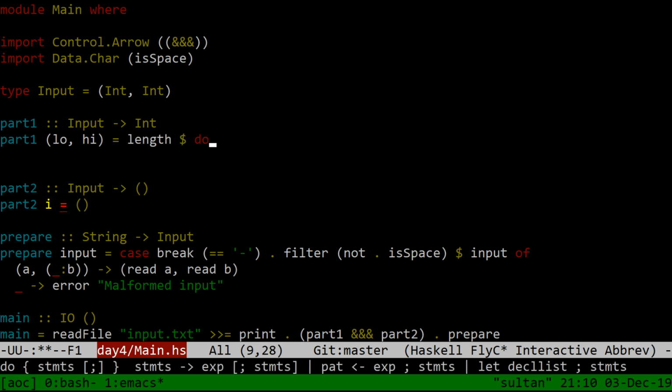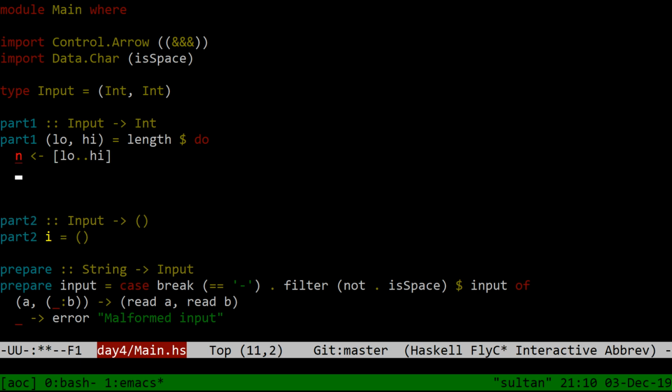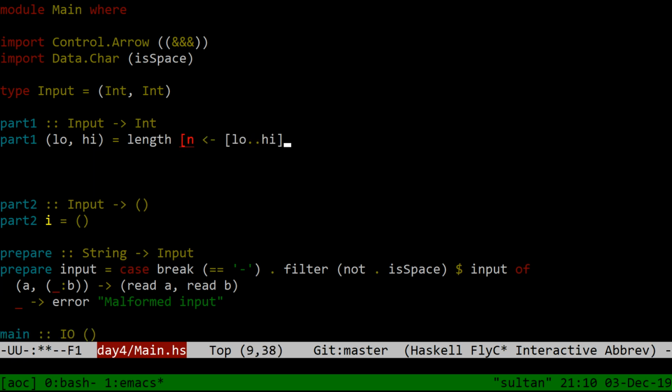Length of do. Our n can come from the range low to high. And I guess honestly, let's use a list comprehension because guard is